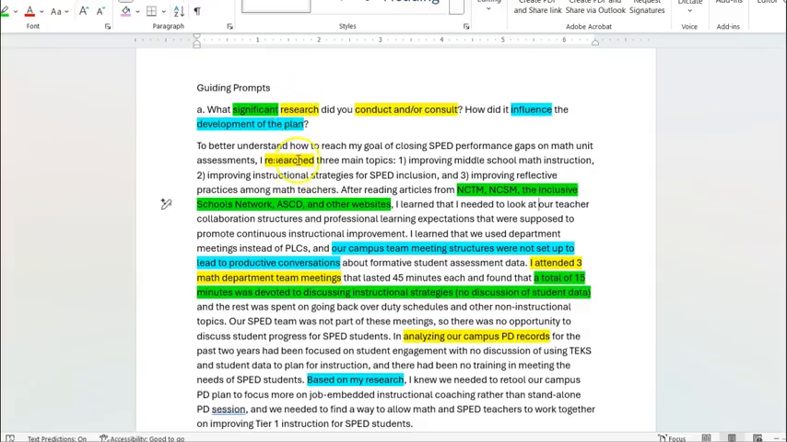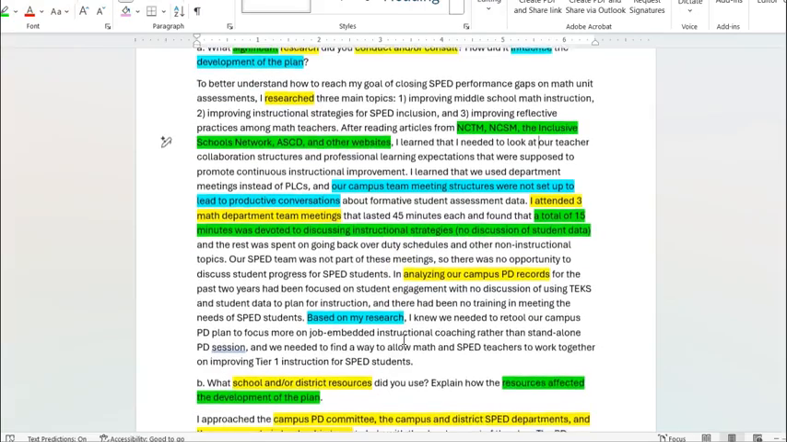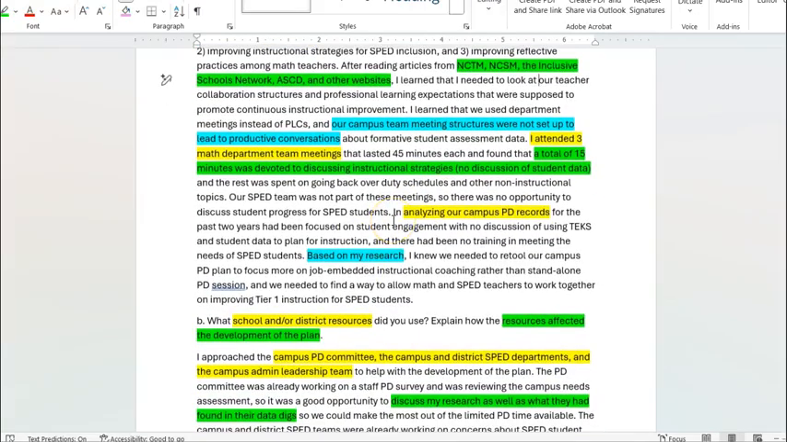So I researched articles, I researched by going to meetings, and I researched by analyzing campus PD records. In analyzing campus PD records for the past 2 years,